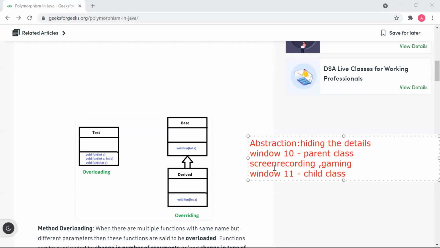They added two functions, but decided not to add screen recording and gaming now. They will generate a new version in the future, Windows 11, and implement them there. In that case, this abstraction concept comes. Abstraction means you are hiding the details. You have just added the function name, but you have not disclosed it. You have not provided a body to it.